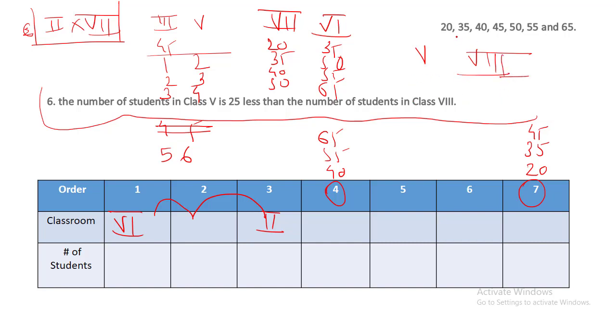25 less, okay. So a difference of 25: one is 20 and 45, and 35, 60 is not present, 40 and 65. Now beyond 65 we don't have any number, so only these 2 are the possibilities. Now again we can use the information which we have used in an earlier point, that class 3 is having 45 students, so we cannot really have this particular combination, okay. Class 8 cannot have 45 students, so we found out the number of students in class 5 and class 8, they are 40 and 65 respectively.